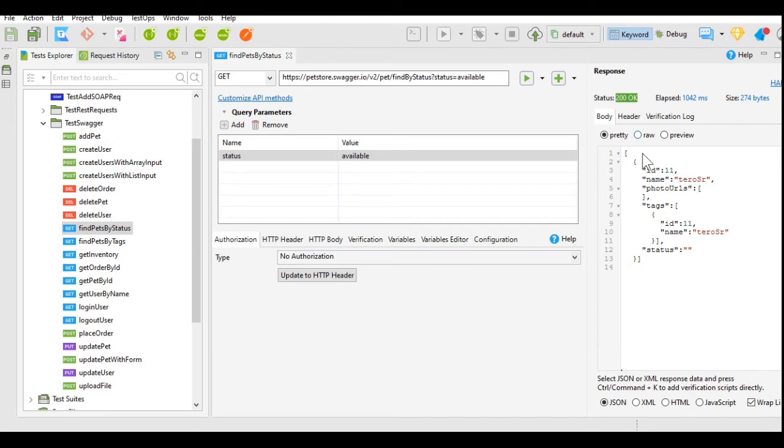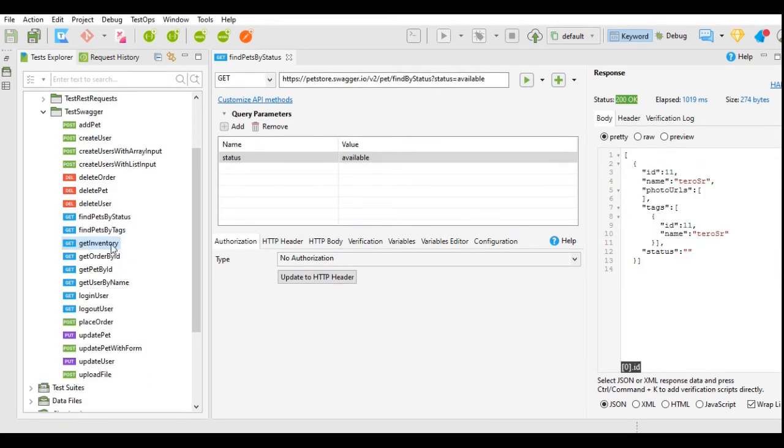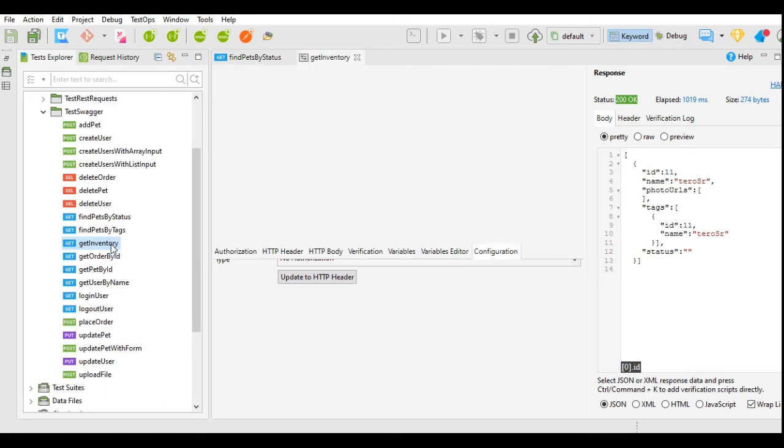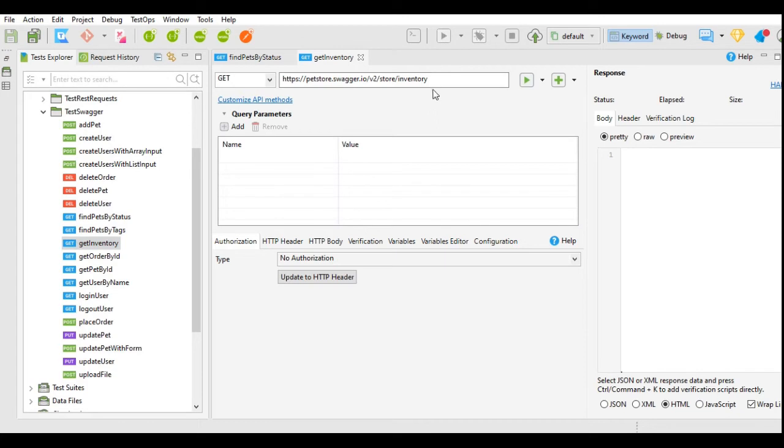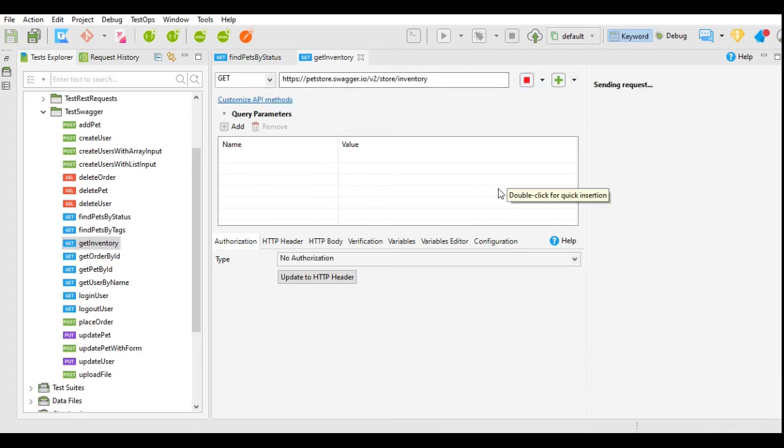When I execute this request, I got the response. The status code is 200 and the response is this. Whatever available pets there are will be shown over here. I will take this get inventory request and we will execute this request.